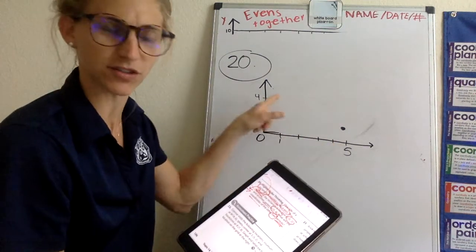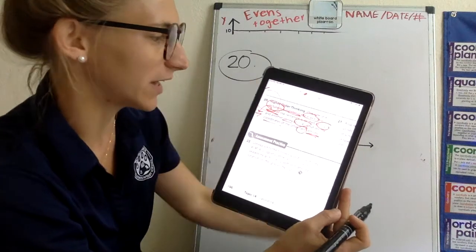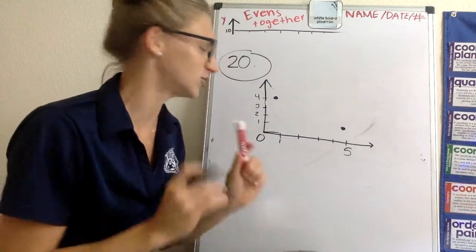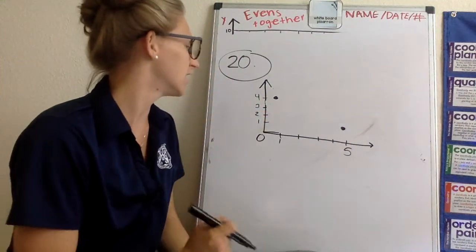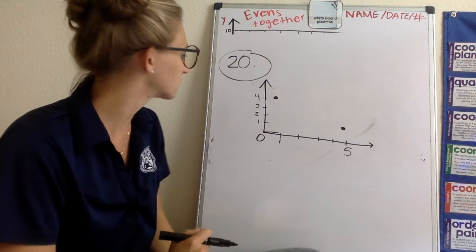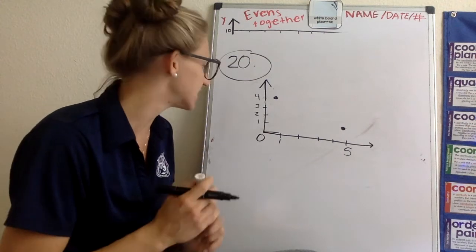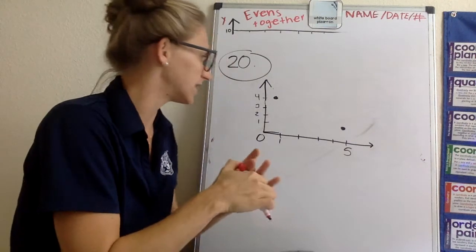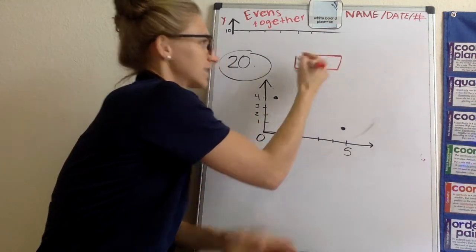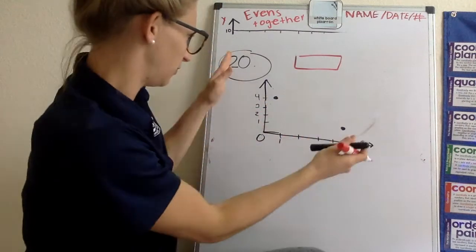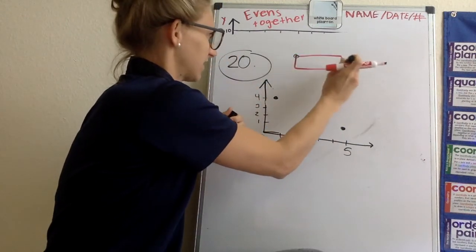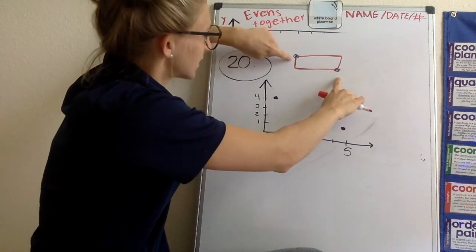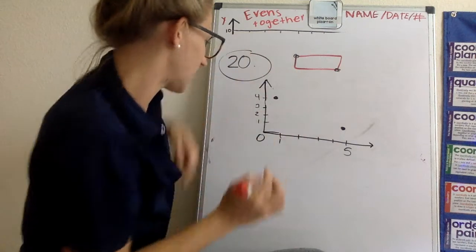So we have 2 points right here, and they say something about creating a rectangle. Well, where would the other 2 places be, the other 2 dots, so we can make a vertex, to make a rectangle? Can you see it? I think I see something that we need to do. I'm going to use the red marker. Well, if we know that the shape of a rectangle looks like that, and if I have 2 points that are kind of like here and kind of like there, I know that my next 2 vertices, this one's going to be right under it, and this one's going to be right on top,